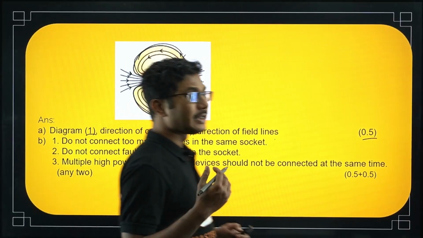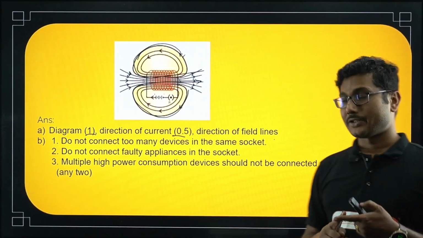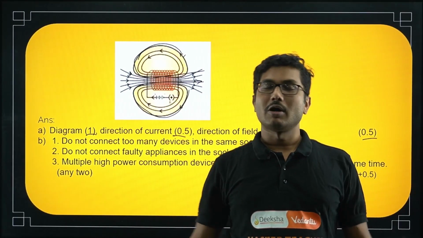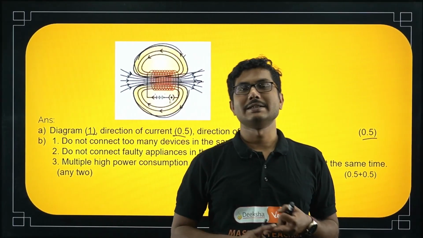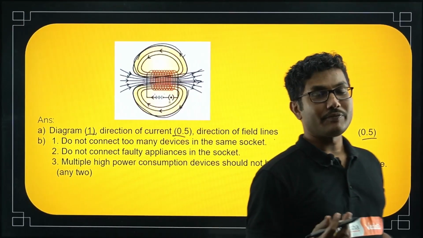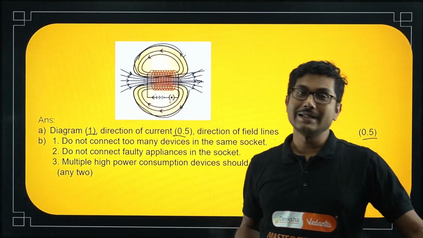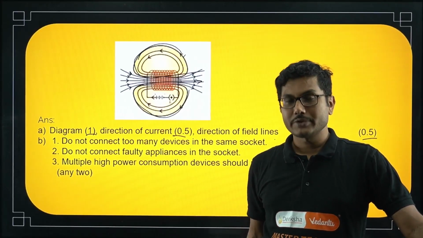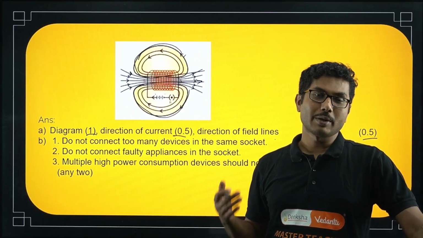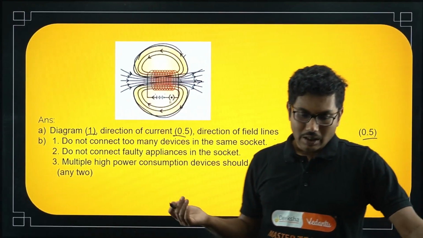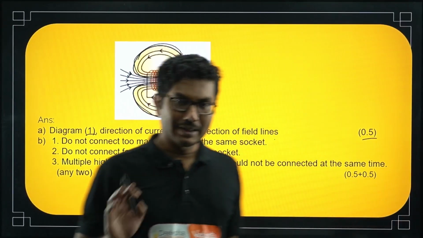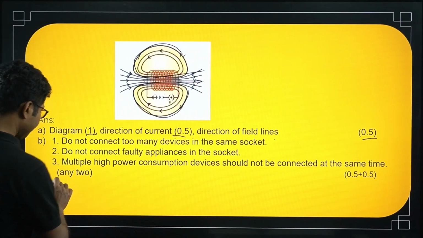Also, one more thing is that the power rating should match. So if the current rating of the device is say 15 ampere, basically if the device says it works on a 15 ampere socket, and if you are entering it into a 5 ampere socket, there is a high chance there will be overloading. Okay, so you have to be careful about where you are inserting the plug. So whatever current rating is given for the device, that same rating should be matched. So power rating, or basically current rating,